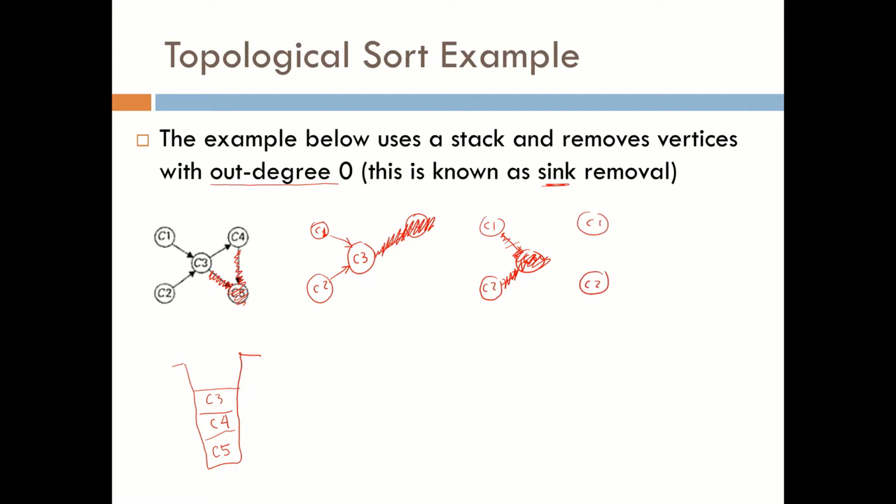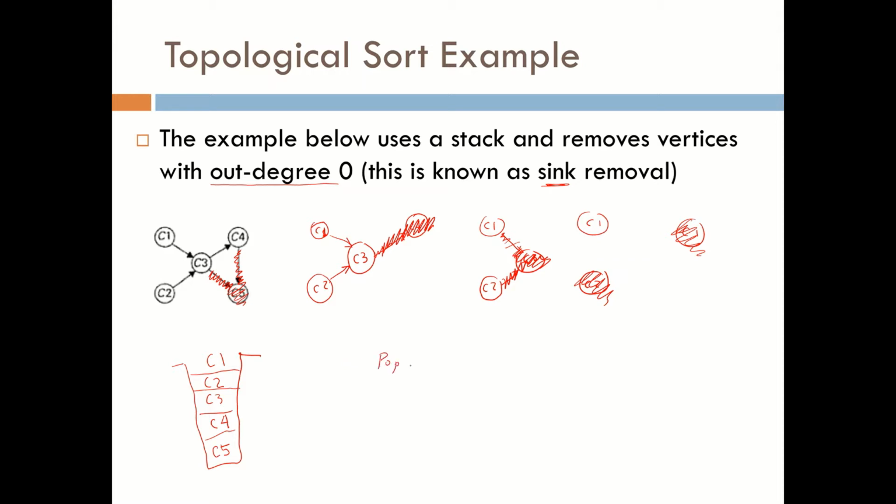Okay, I have 2 vertices with out degree 0, and I could take either of them. Okay, since this is a stack and stacks reverse things, we're going to take the higher one. So we take away this one, we place it on the stack, and finally we're left with just C1, and we take this away, put it on the stack,